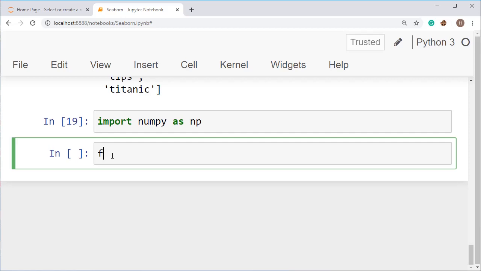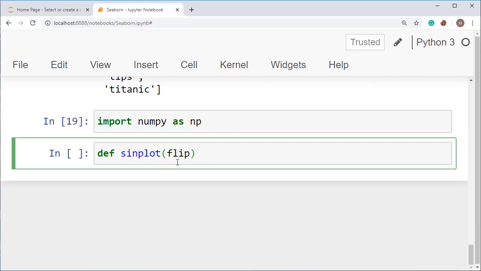Import numpy as np. I'm going to use a numpy array, that's why I have imported it. Now from matplotlib, import pyplot as plt. We have already called it, so there is no need. Now define sinplot.